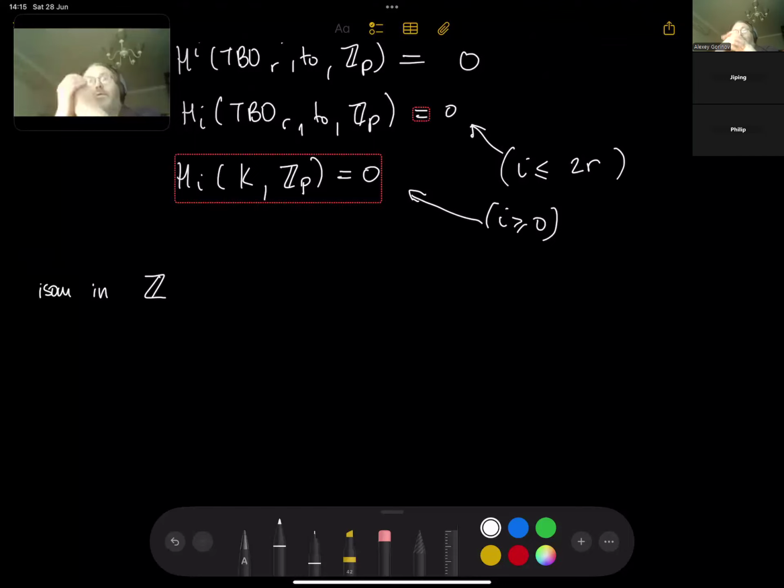So if we have a map of spaces which induces an isomorphism on cohomology with Z_p coefficients for all p up to degree something, then